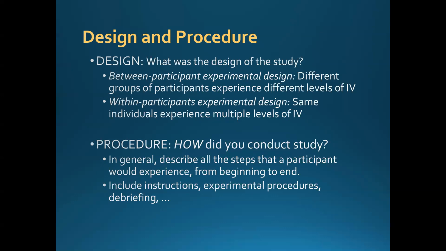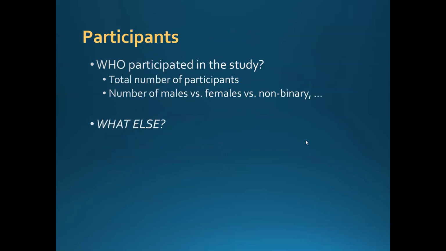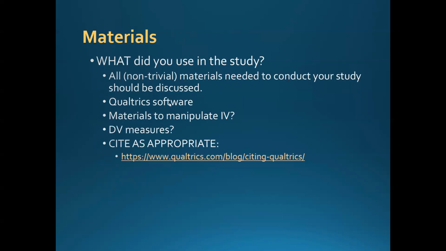Lengthwise, because I know some people have asked me questions over email about length, it's really going to vary from group to group because each experiment is different. But as a rough rule, and I would suggest looking at the sample papers to get a better idea about this, for participants, we're probably looking at one paragraph. For materials, at a minimum, there should be two. So there should definitely be one paragraph about your independent variable and one paragraph about your dependent variable. You may need three paragraphs for some other reason. Probably not, but let's just say at a minimum, there should be two, one about your IV and one about your DV.